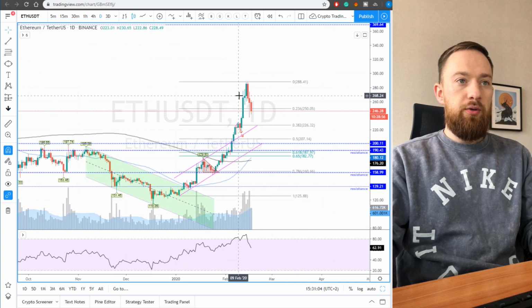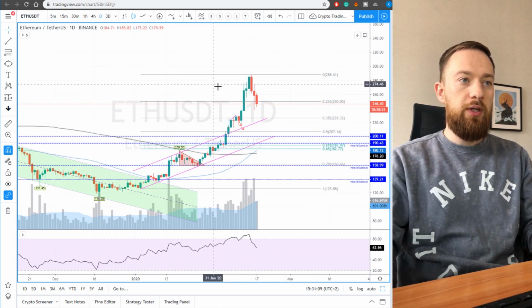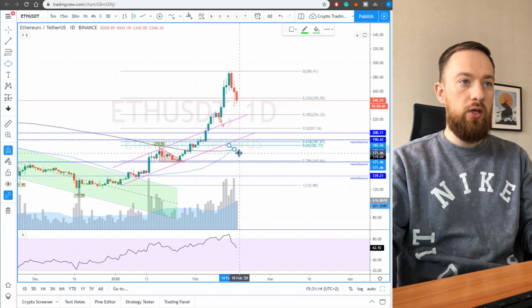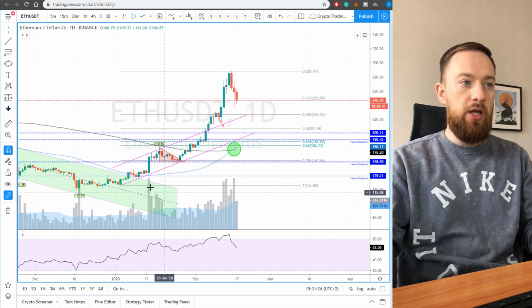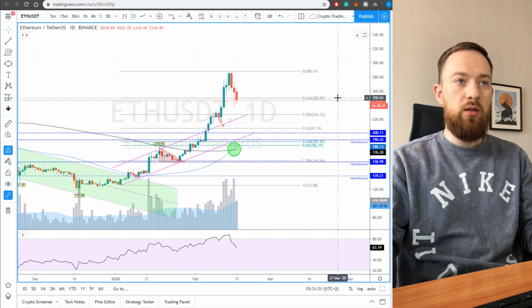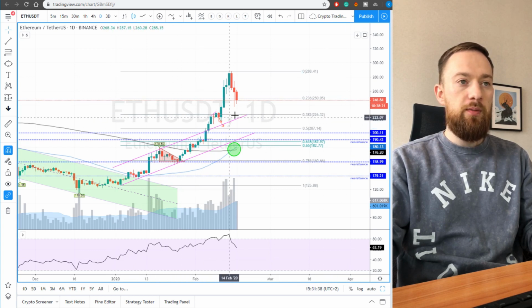Let's go to the Ethereum, because Ethereum performed extremely well during the previous weeks. We had an amazing growth over here. The golden cross actually already happened on the 15th of February. You can see that 50 MA crossed above the 200 MA. Drawing the Fibonacci retracement, which is already here in place, we can see that we are currently below the 23% Fibonacci retracement,